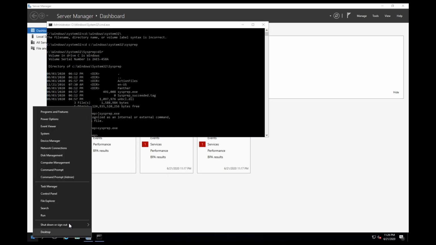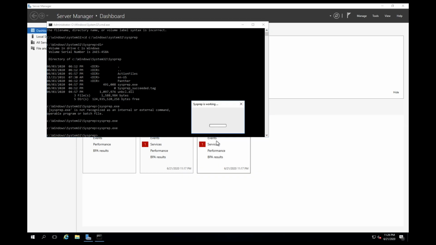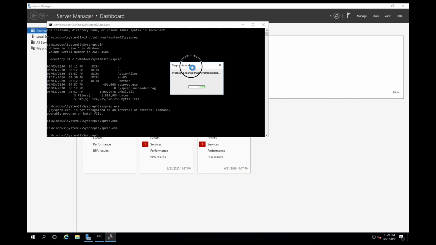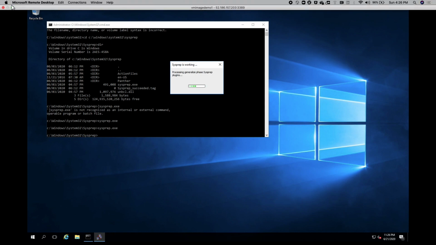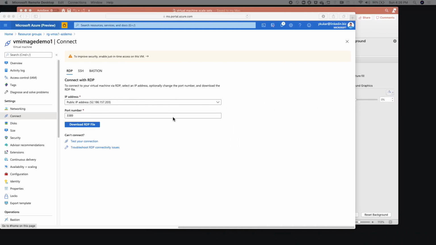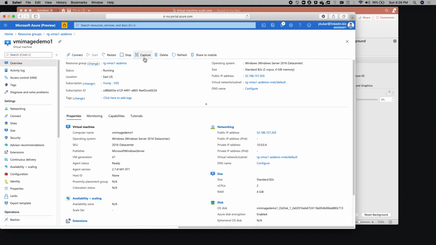All right, perhaps I'll run it for you. All right, here, shut down. And I want to show you how sysprep will work. So this will take some time to completely generalize this machine. Once it will be done, all right. So once it will be done, you simply come to that virtual machine, click on capture to capture